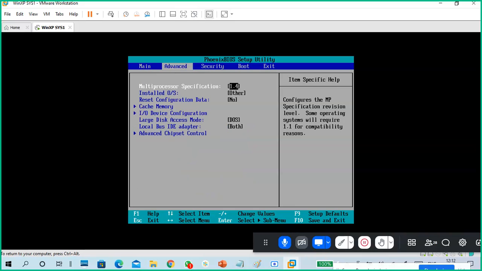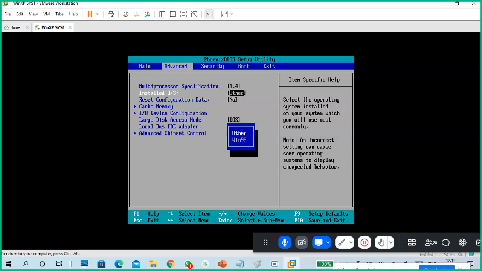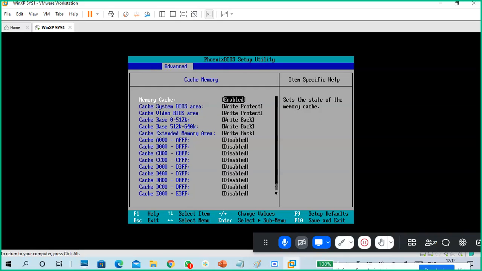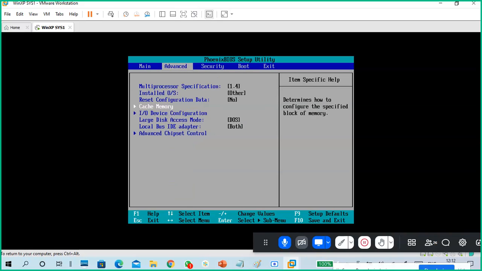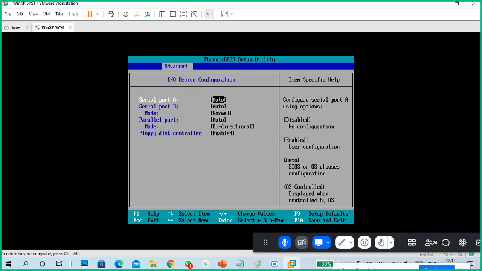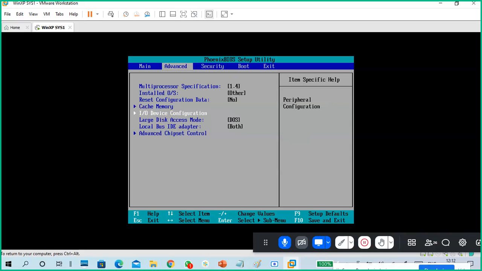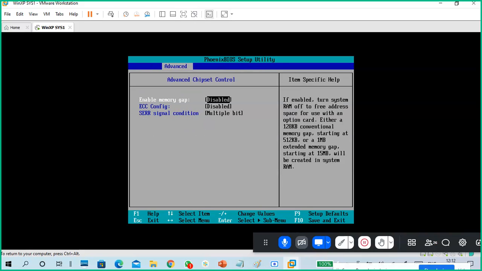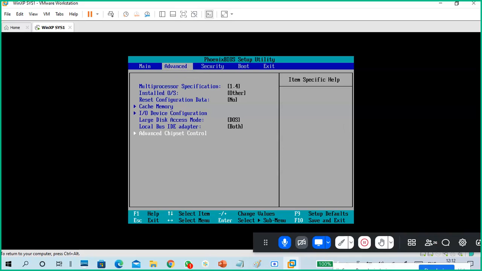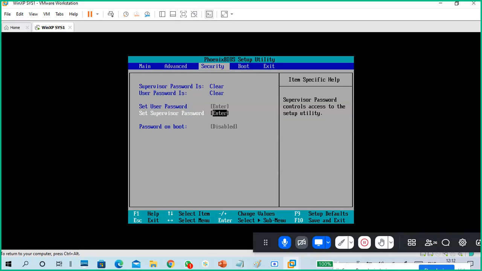Next one is go to Advanced. So here it is, installed OS, other, only 95. Like that it will show. Memory, cache memory configuration, those related things. IO device kind of stuff: serial port, parallel port, bidirectional. Advanced chip control, configuration, security, password, supervisory password, user password, meaning if